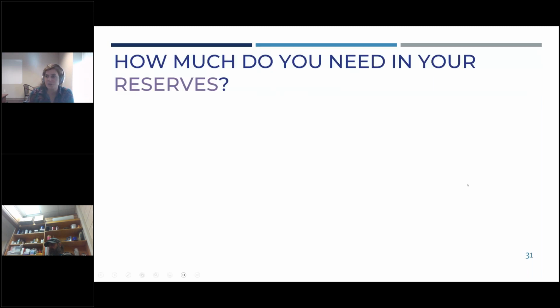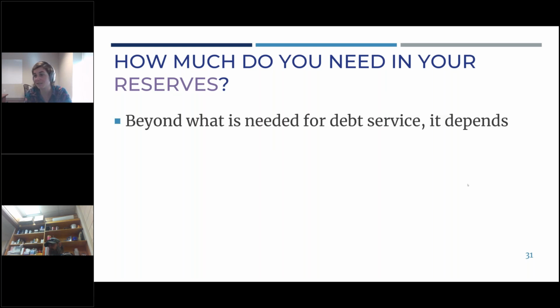Okay. So the question that we often get at the UNC-EOC whenever folks are considering starting reserve funds is how much money should we have in our reserve fund? And we always give kind of the answer that no one likes, which is that it depends. We recommend having money in there for your debt service payments for sure, but beyond that, it's really up to the utility. And so it's up to the utility to understand, where do you fall, right?